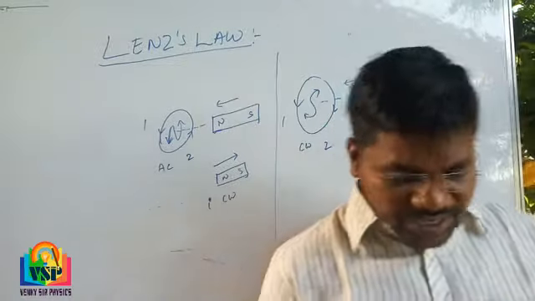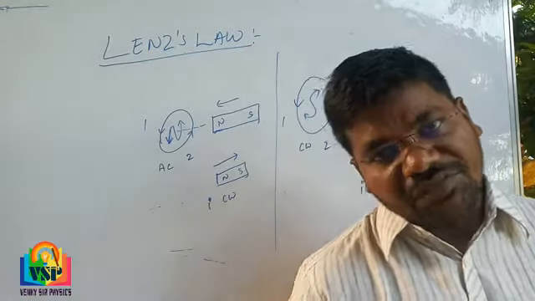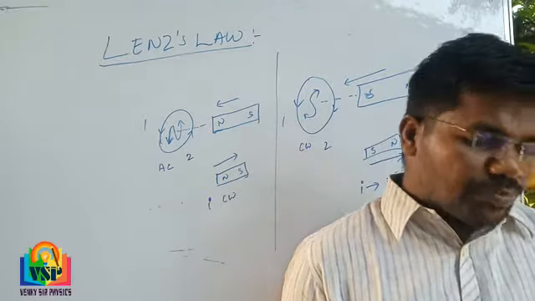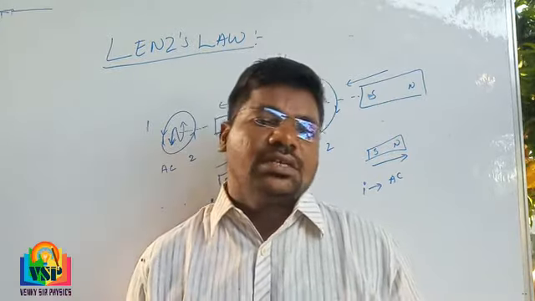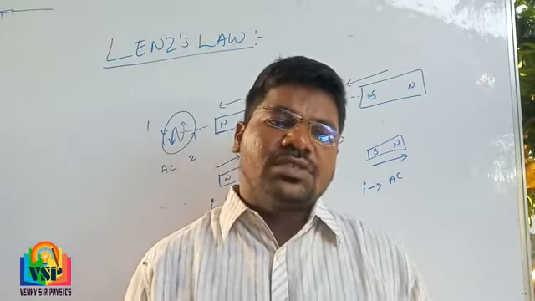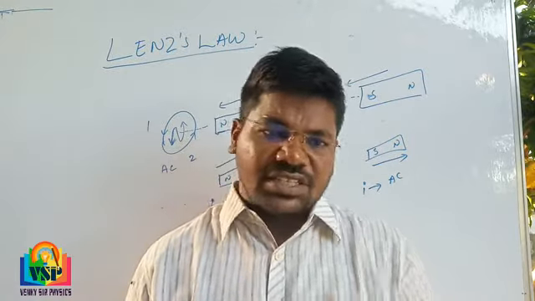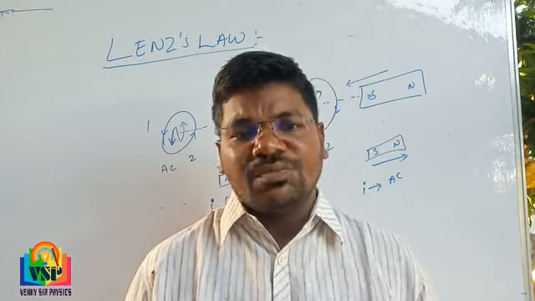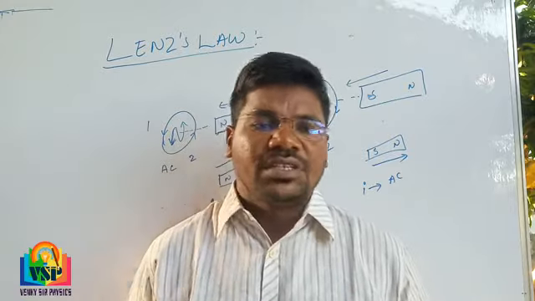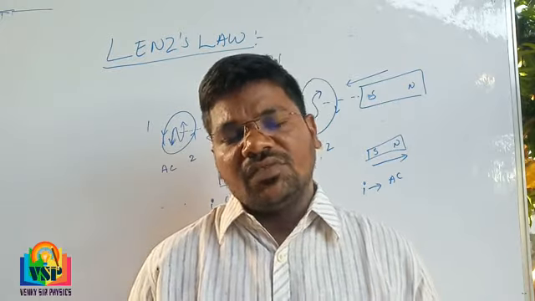We can say this law gives conservation of energy. So, Lenz's law and conservation of energy. When the north pole of the magnet is moved away, a south pole develops on the face of the coil, and vice versa. If the south pole of the magnet is moved away from the coil, a north pole develops on the face of the coil.